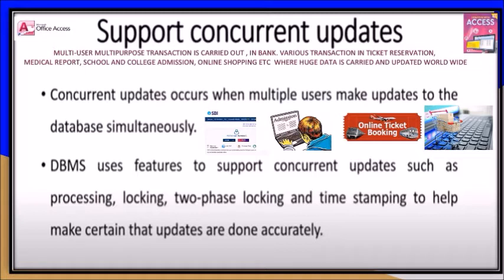DBMS use features to support concurrent updates such as processing, locking, two-phase locking, and timestamping to help make certain that updates are done accurately. Concurrency control is a database management system concept that is used to address conflicts that occur in a multi-purpose and multi-user system. Concurrency control, when applied to the database management system, means to coordinate simultaneous transactions while